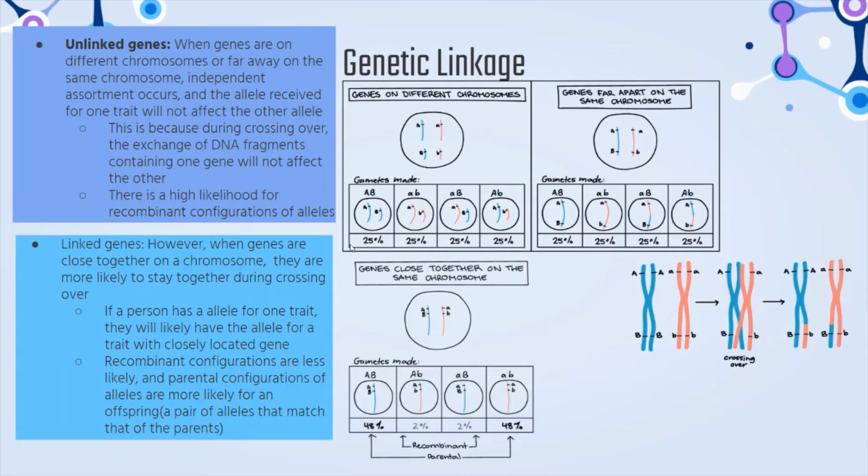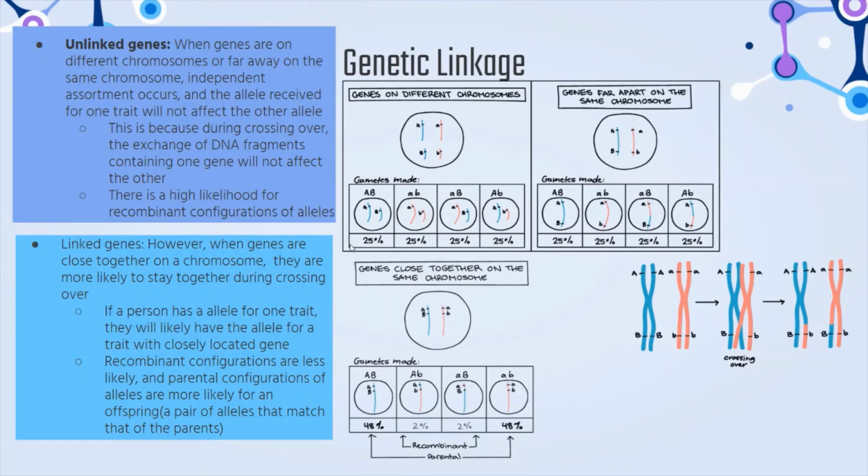However, if the genes are considered linked, they are close together on the chromosome, and they are more likely to stay together during crossing over. And if a person has an allele for one trait, they will likely have the allele for a trait with a closely located gene. And during genetic linkage, recombinant configurations are less likely, whereas parental configurations of alleles are more